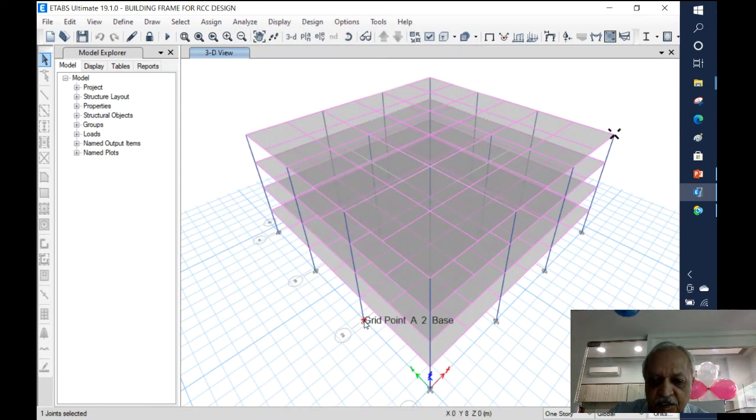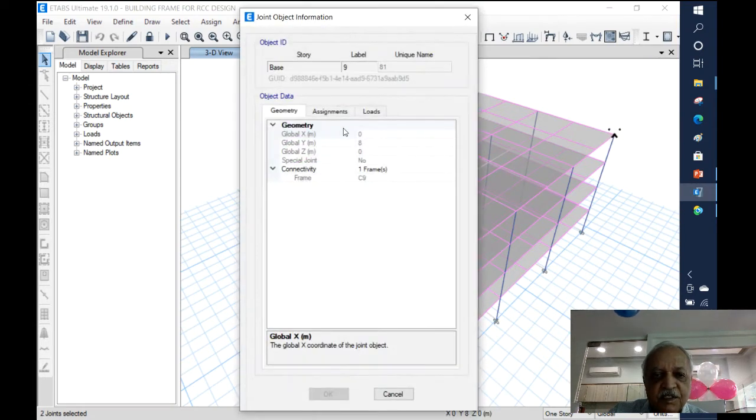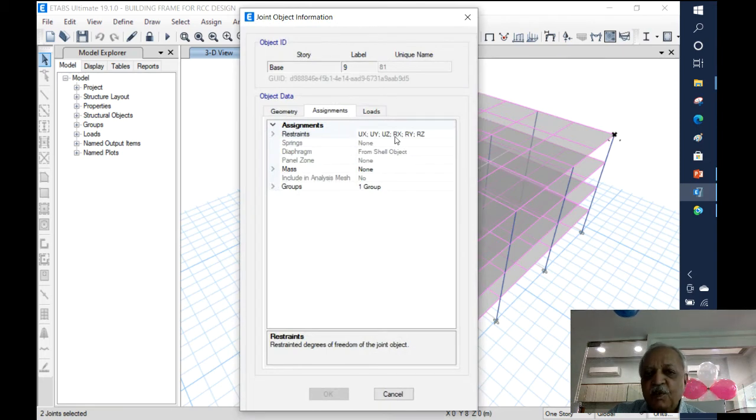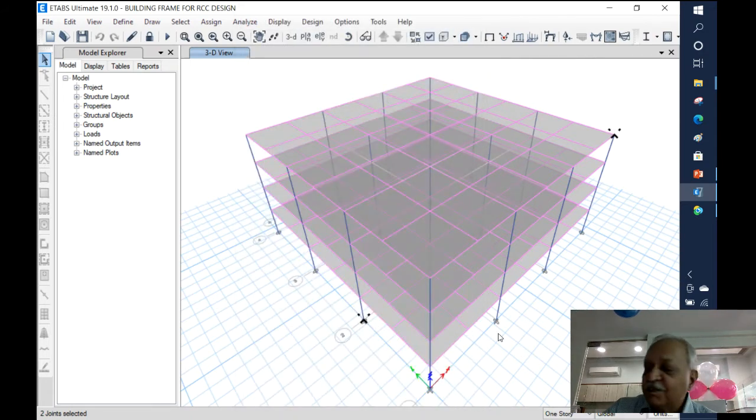As far as the support is concerned, at the support we have these 6 displacements which otherwise would have occurred, but now because of the support condition, they are prevented from having their effects. So we say that those joints are fixed, no displacement occurs at that point at the support. With all these displacements restrained, our structure is ready for analysis. We have all other joints which have got some displacements.